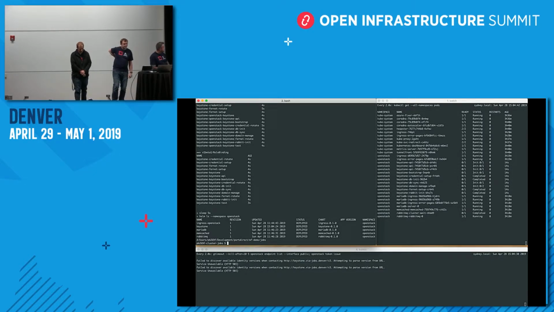On the right-hand side, you'll see we've got a DB init job, which is essentially going to set up the Keystone database and the Keystone database user. There's a Keystone DB sync job that's going to perform the database management for the Keystone service, as well as a job for initiating the RabbitMQ user for Keystone. There's also a job that we run before Keystone to set up the credentials.